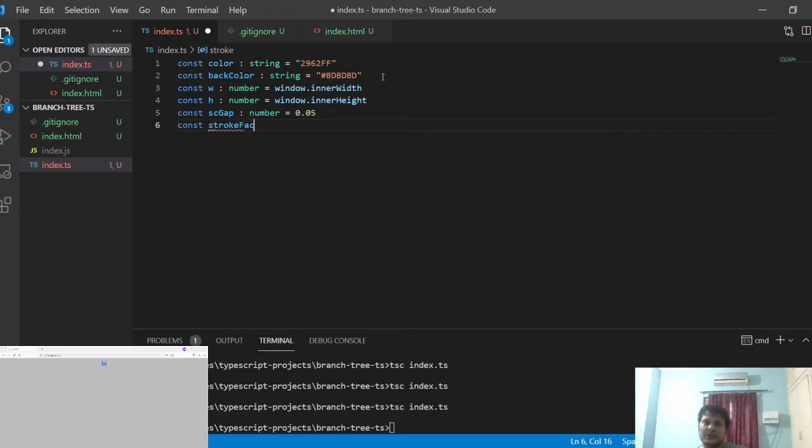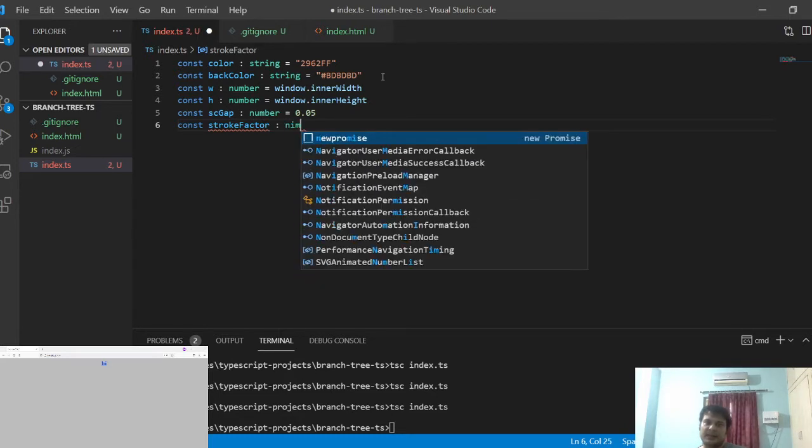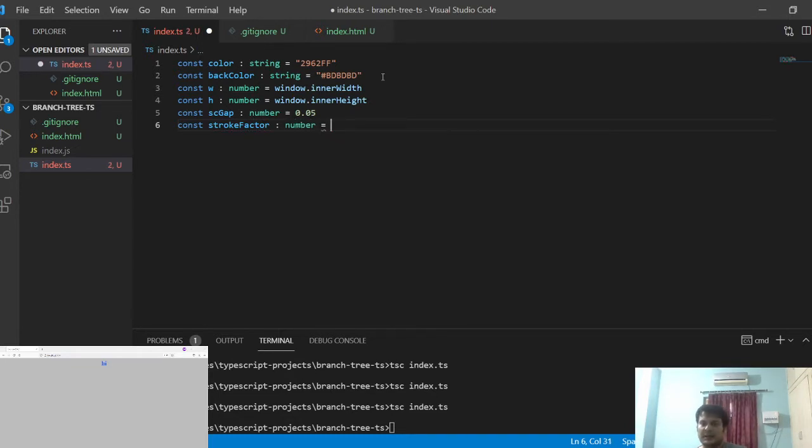And we'll draw some lines. So we'll have something called stroke factor, which will control the line width, the thickness of the line. That will be 90. I will set the thickness of the line as the minimum of w comma h divided by stroke factor. That way we can control the thickness of our line.